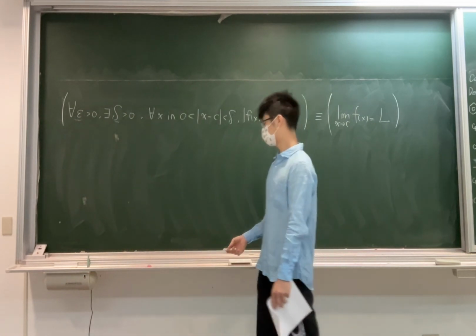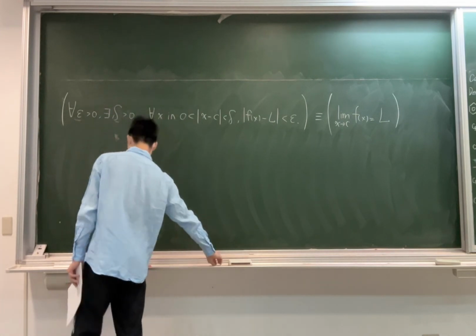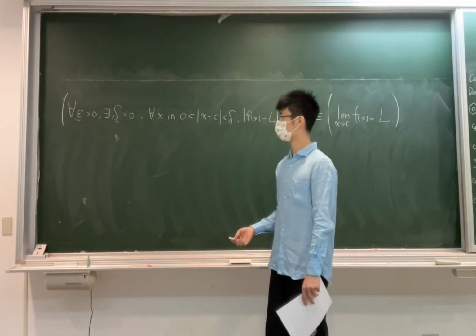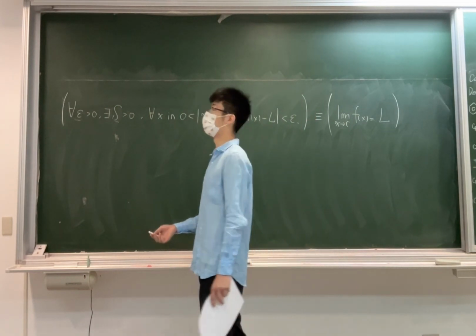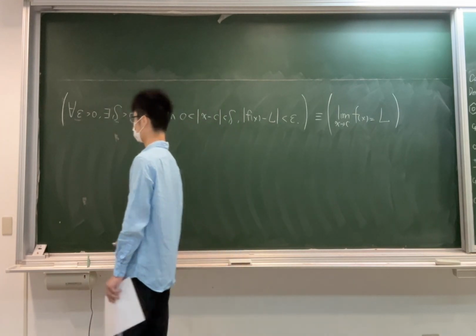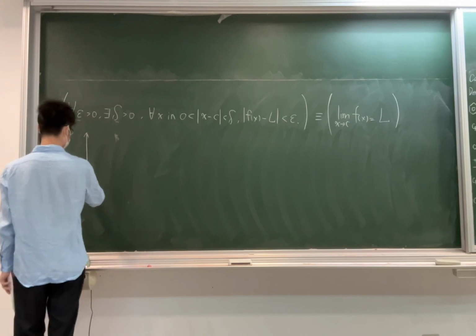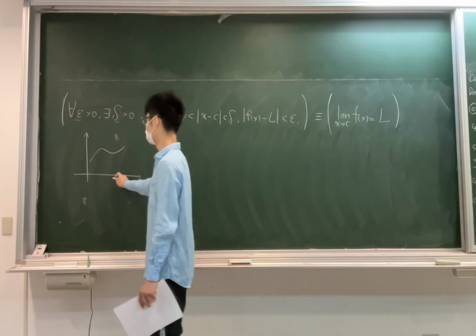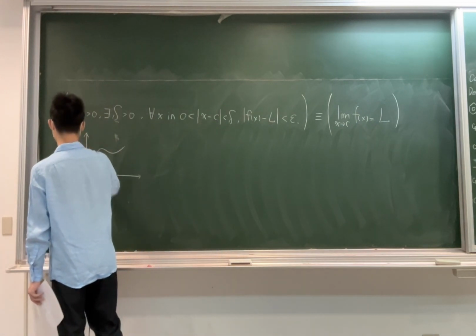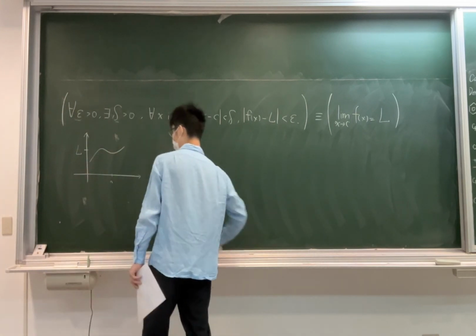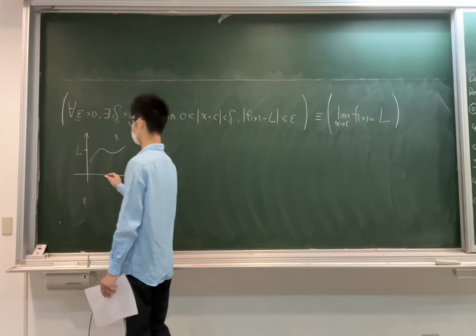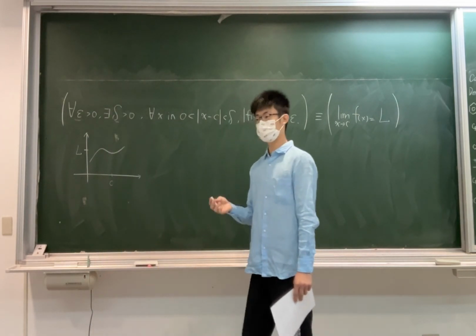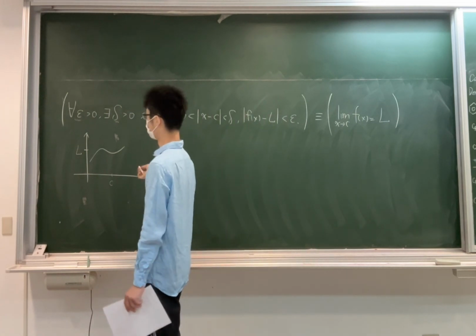And one more question is why does it go for all epsilon exist delta instead of for all delta exist epsilon, or for all epsilon? This is quite intuitive, because if you have a function, I don't know what it would be, but just like this, and you want the result that the limit of the function will be L. That is the result. So you want the result, but you limit the range of delta